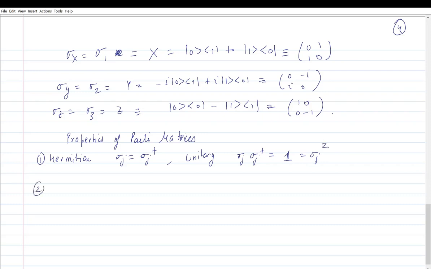Also, when they are Hermitian as well as unitary, this implies that the square of them is identity. The product of two Pauli matrices is, this is the antisymmetric symbol, which essentially means,